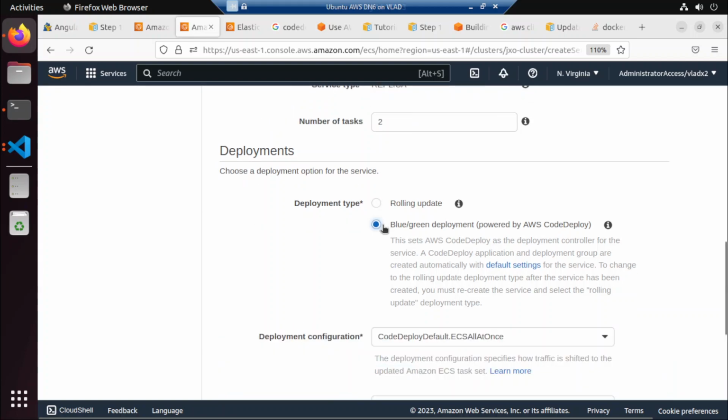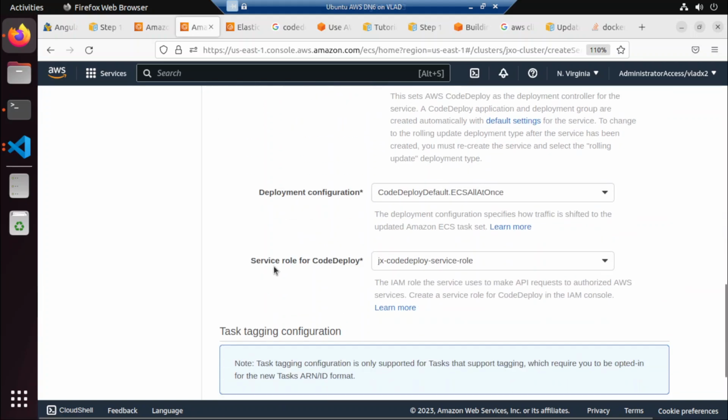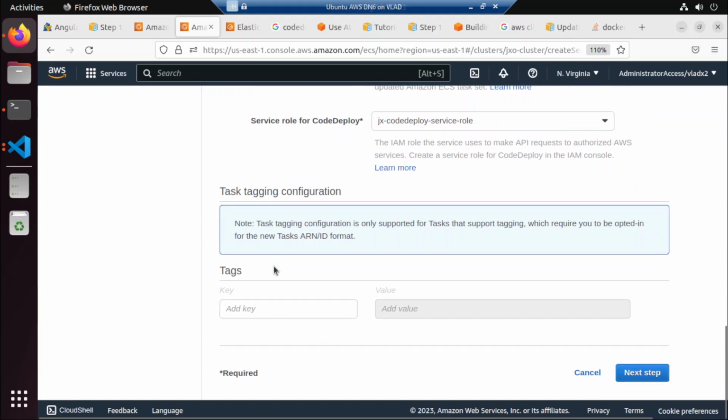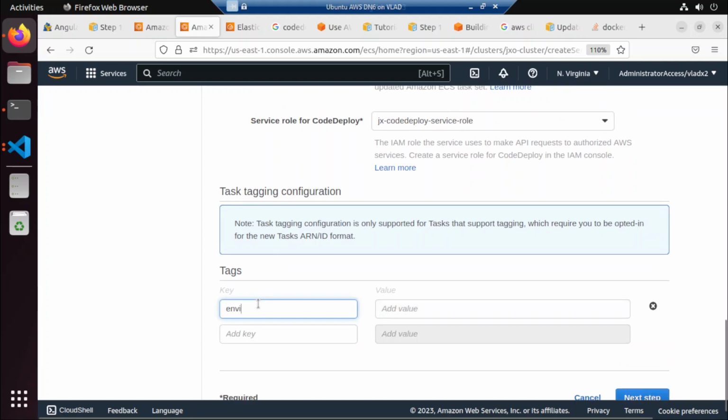Deployment, so we're, yeah, powered by CodeDeploy. So this is what we want that is missing in the new UI. So here environment is prod,